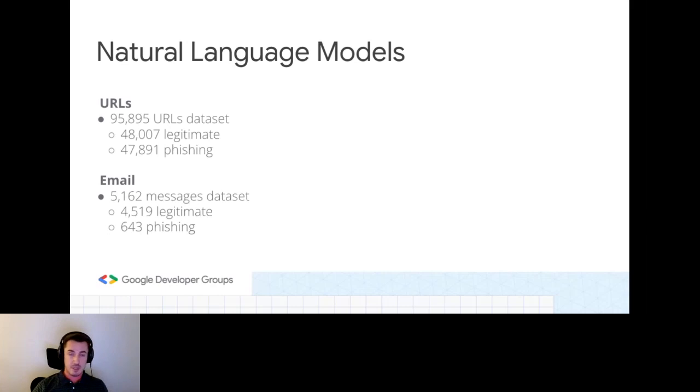Or funnily enough, gmail.com as well comes up a lot of times when it comes to the links, or as a sender, just because it's free and public out there. And the email one is a little smaller, only 5,000 messages, and this is to get the sentiment, the details of urgency, and whether they are trying to trick you into giving up some details, to scan the whole email body and see if the AutoML model thinks that the email you received has a high chance of being phishing.